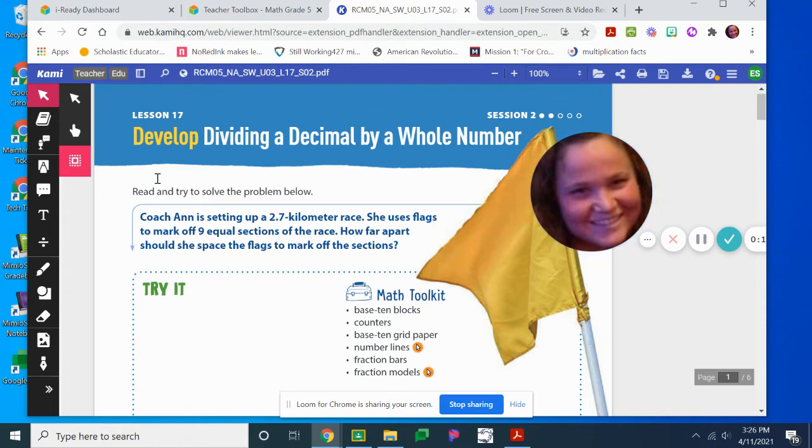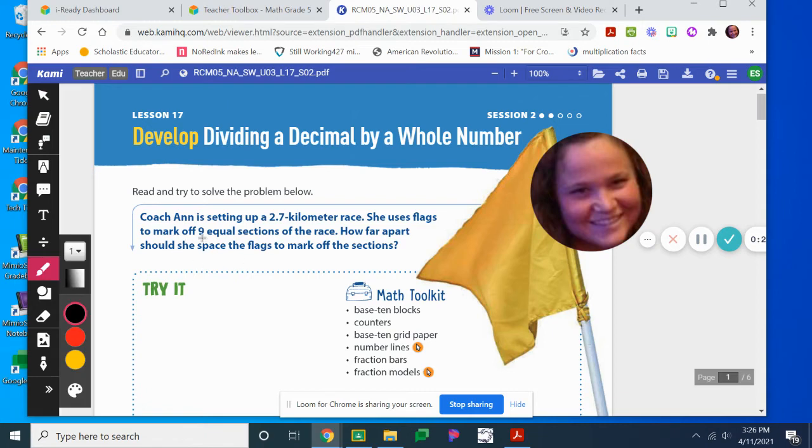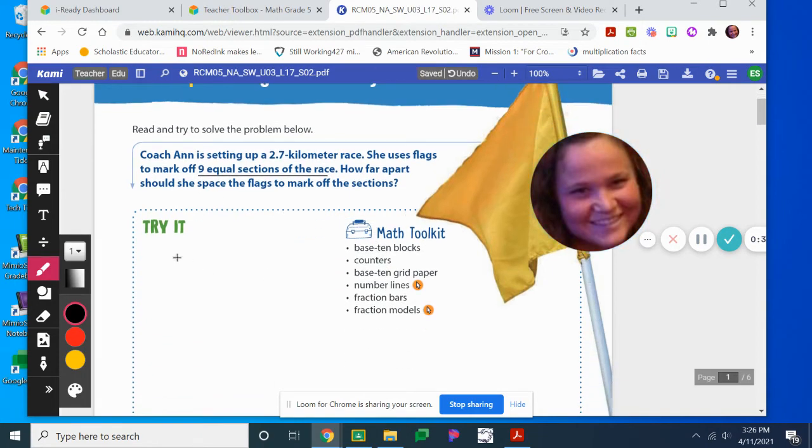So we have Coach Ann is setting up a 2.7 kilometer race, and she uses flags to mark off 9 equal sections of the race. How far apart should she space these flags? So we have 2.7 divided by 9. Okay, so we're going to make 9 groups out of 2.7 and figure out how big